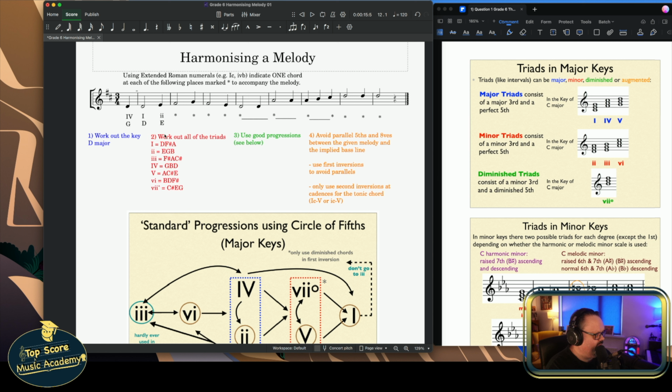Now this is where we've run into a wee bit of trouble. Remember earlier I said that you're not allowed to use parallel fifths and octaves when you're doing this. So between the given melody and the implied bass line, if the bass in this chord is D and the given melody is D, I'm moving to an E in the bass and an E in the melody. That's parallel octaves. So you have to avoid that. The easiest way to avoid it is just invert. Put one of the chords in inversion. You can of course change the chord if you want to. But I'm just going to put 2 as a